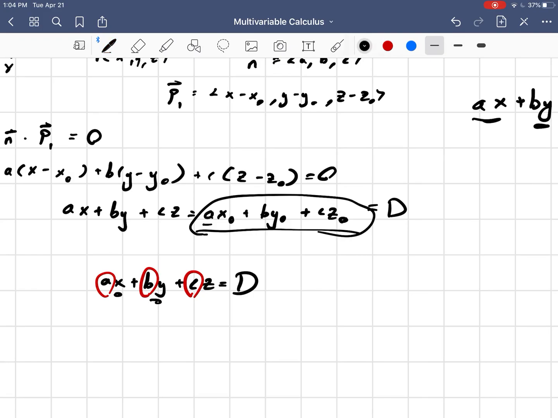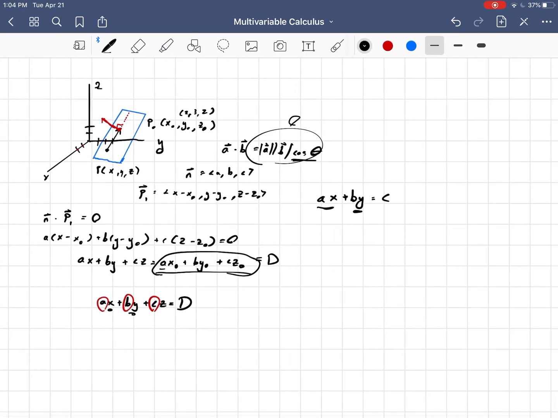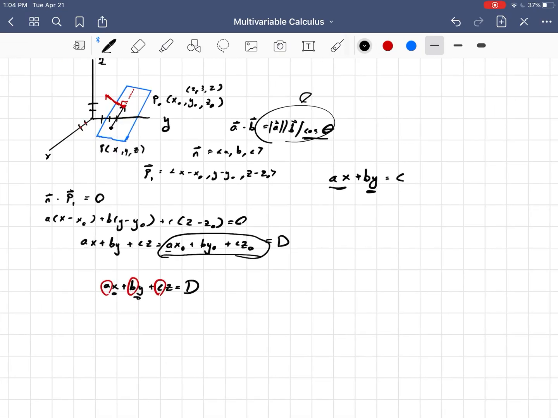And so notice, by the way we built this planar equation, that this A, this B, and this C are no coincidence. The coefficients of any planar equation give the components of the vector normal to that plane. And that's a pretty cool fact. So right away, if I gave you the equation 2x plus 3y